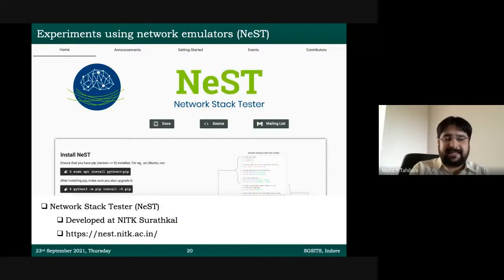For example, Nest. I'll not go into the details of Nest. URL is available. I'll share my slides also. This is a network emulator that we have designed at NIT from scratch. There's sufficient documentation about it. You can see there's a docs button. Source code is freely available. We have made it openly available. It's a free tool. We have a mailing list. If you have any questions, you can come and our people will respond to you. So use network emulators. In fact, there was a different institute 2 months back. I gave 2 hours of talk only on how to use Nest for coap experimentations. But again, these are all emulations.